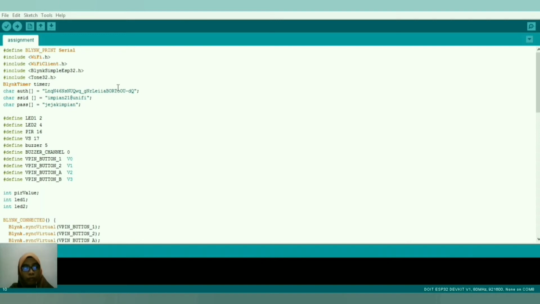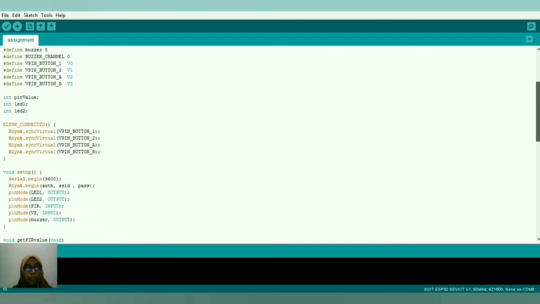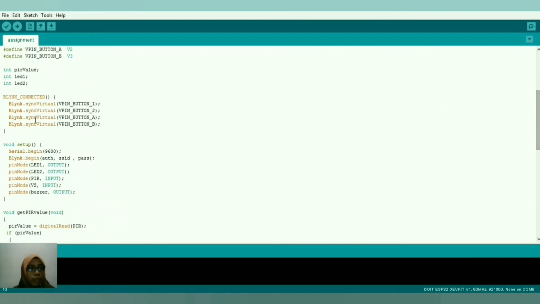I have input all these three items, and then we define all the devices that we use. So I use the LED, the PIR, vibration sensor, and the buzzer.